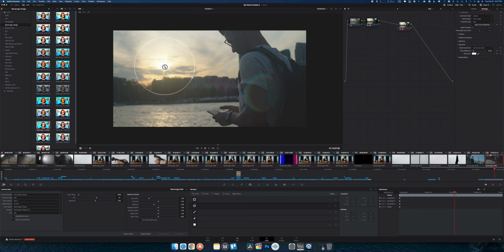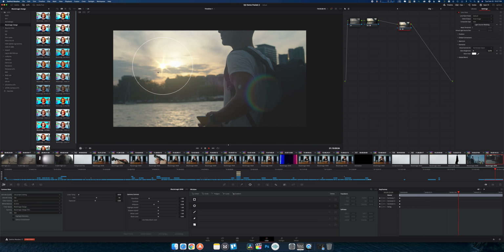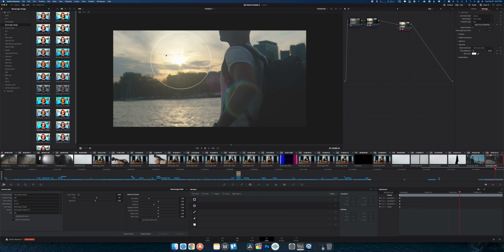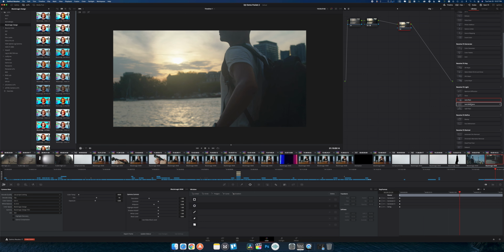So if I were to place this on top of the sun right there, sure, that may look cool, but it's not tracked. So I could easily keyframe this and whatever, but I'm going for stuff that interacts with the image a little bit better. So you can play around with that if you so choose, but that's the only one that I don't use all the time. So aperture